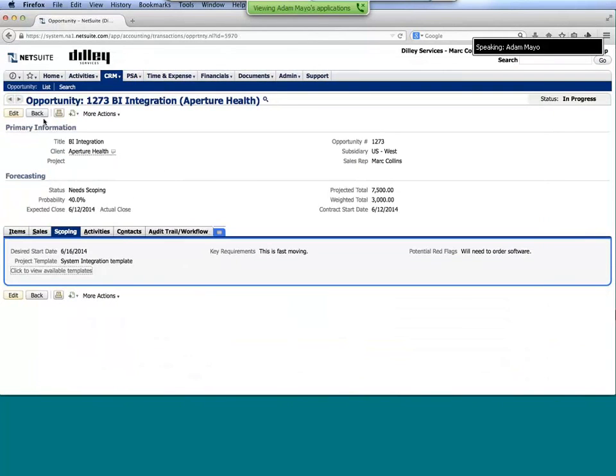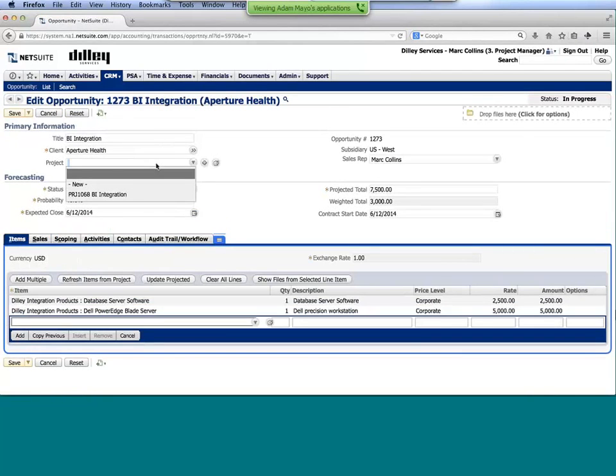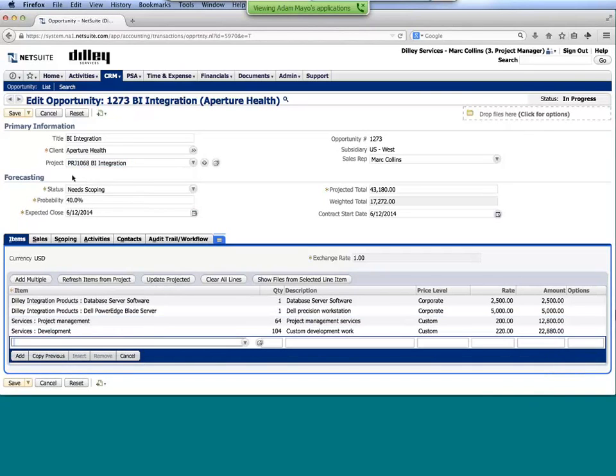Okay, close that tab. And if I go back over to my opportunity, I now should have an associated project, the BI integration project here. And you'll notice as soon as I pick that, it added 2 line items underneath on my opportunity. So based off the hours that we had in our schedule, and again the service rates that we had defined because of the billing type, the billing structure I had set up on the project, we now have a much higher projected total based off of not only the products that we're reselling, but also the services that we're going to be providing.